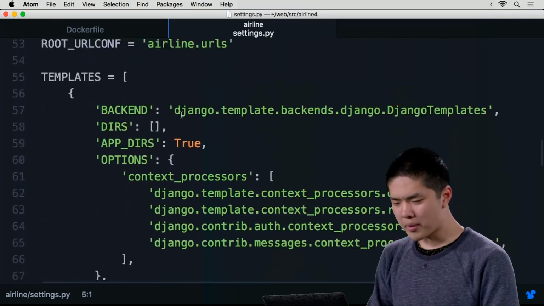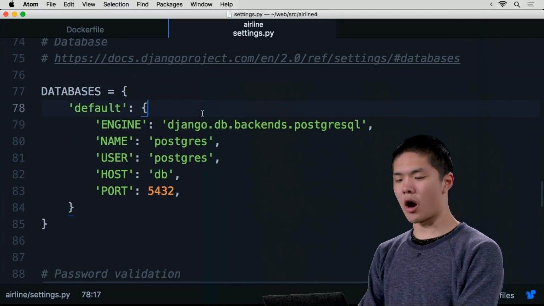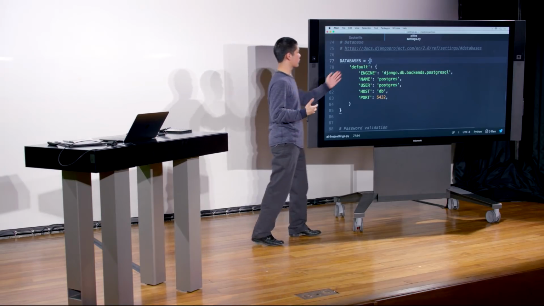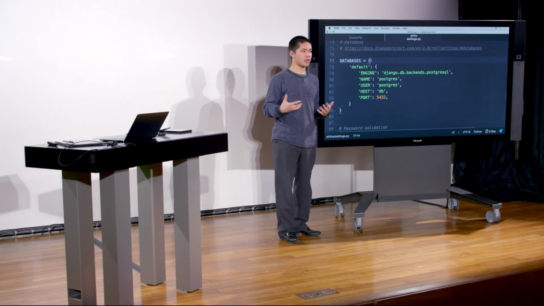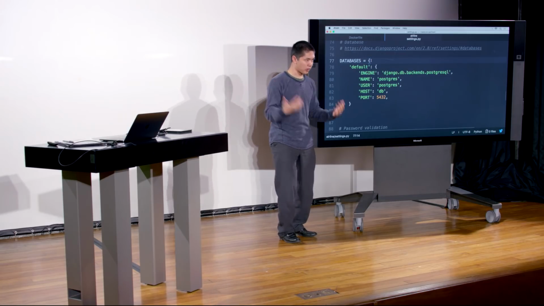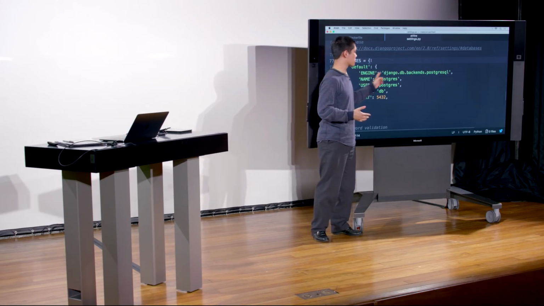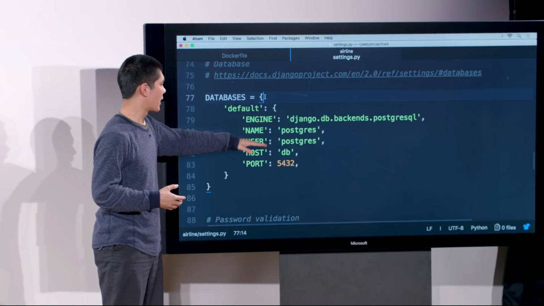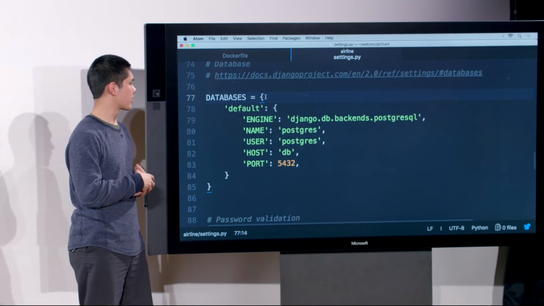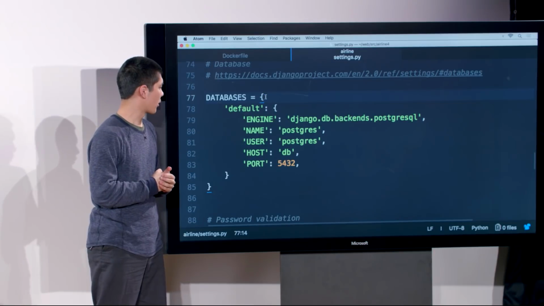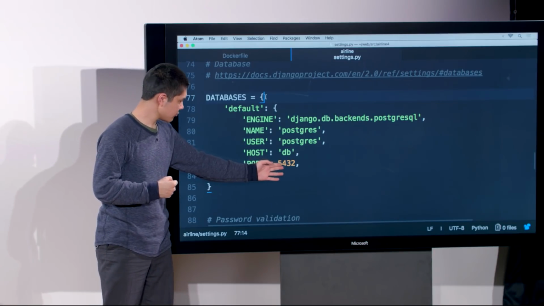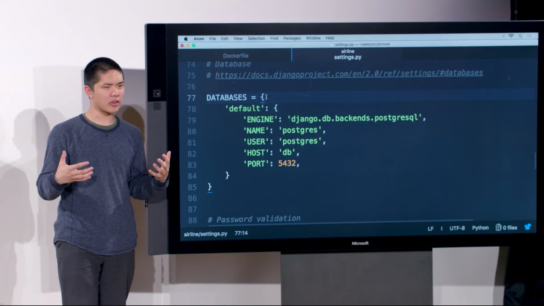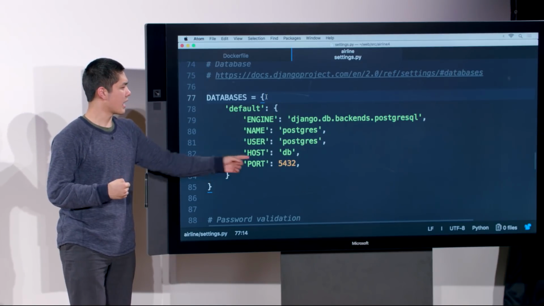And so what we might do is change our database, for instance, to instead of using SQLite as our database that we define in settings.py, we might instead specify inside of our settings file that we want to use PostgreSQL instead. So instead of engine, which was SQLite before, now I'm going to specify Postgres. And I can use name and user postgres as just the name and username of the database. It might be something else, but in this case, we use postgres. And specifying the port on which that database is running. Depending on where your database is, these might be a little bit different,